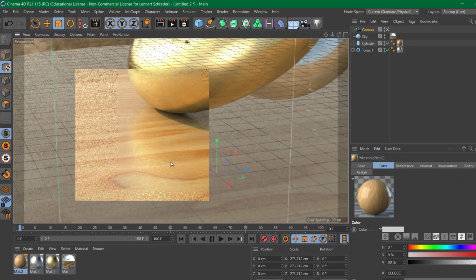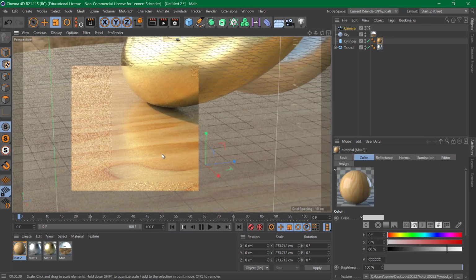So here we can see how we have this nice little bit of a structure. Also here in the reflection, it's not just blurry, but we can feel the different dents of our wood texture in there. It's just a small detail, but it just makes everything look a little bit nicer. Speaking of small details,